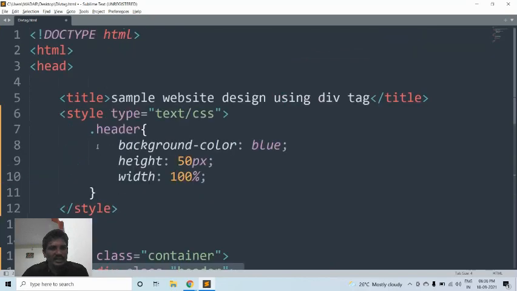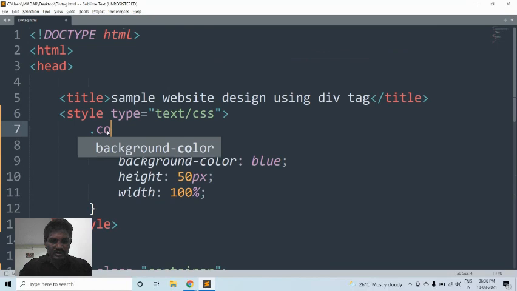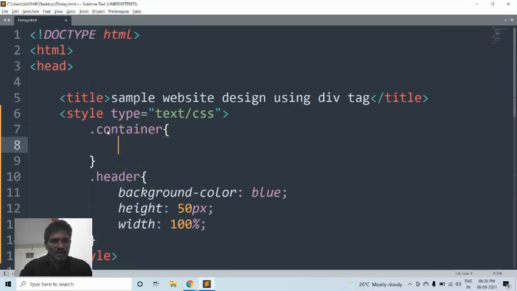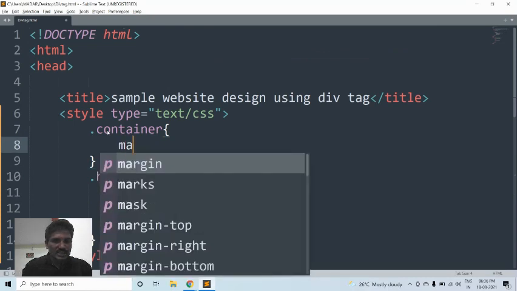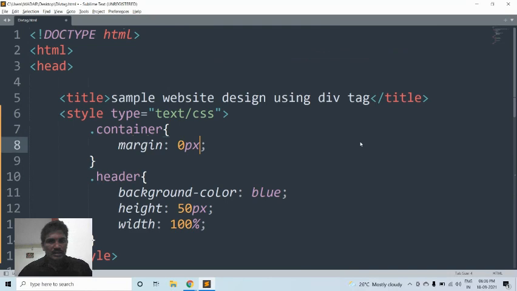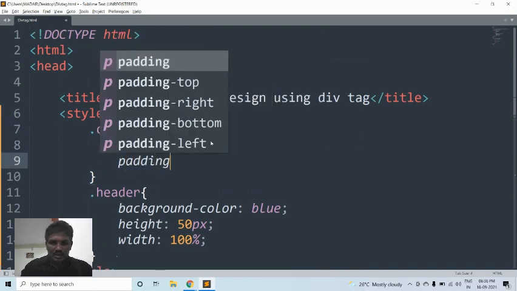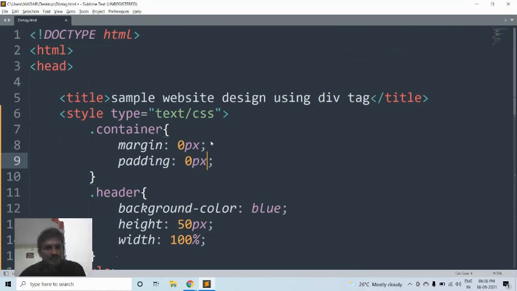Okay, if you want to add the container, suppose the container is for the entire page. Then I would like to add margin should be 0 pixel, then padding should be 0 pixel.